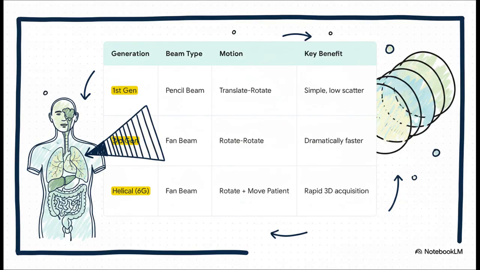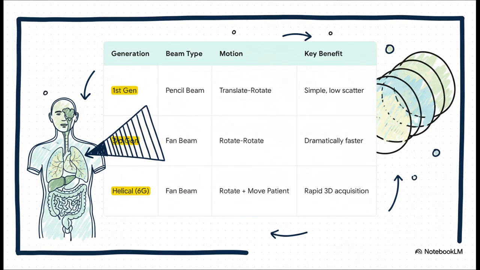So how did they do it? How did they get that fast? Well, let's look at this table. The key was changing the scanner's physical geometry. First-gen scanners used a single, slow pencil beam that had to move across, stop, then rotate. Really slow. Third-gen scanners brought in a wide fan beam that could capture a whole projection at once, so it only needed to rotate. And then,